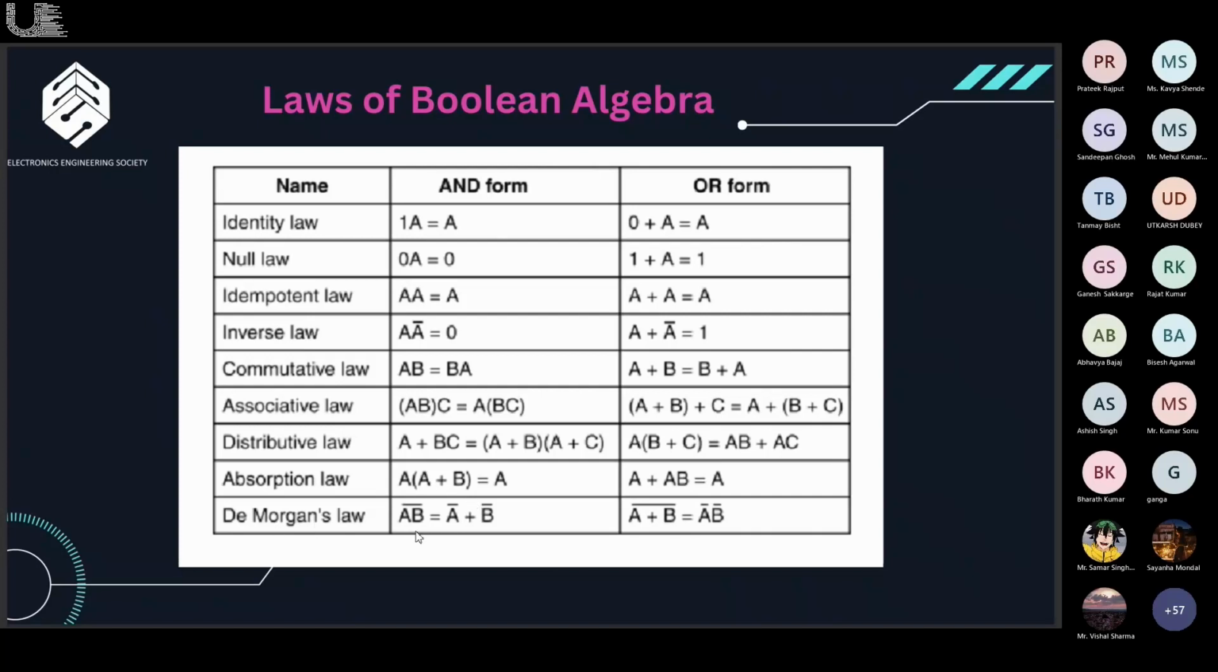And then we have De Morgan's law. You can remember De Morgan's law as break the line and change the sign. As here you can see that (A into B) whole complement